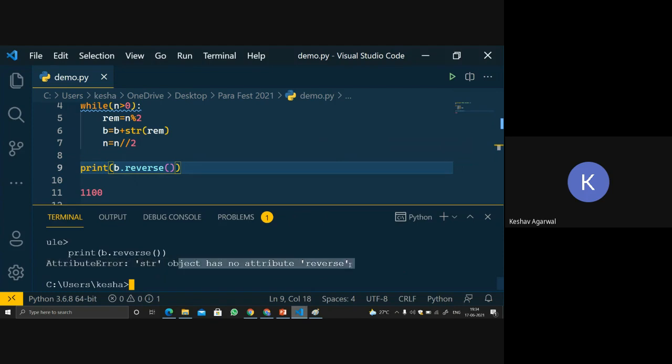Wait a minute. You can do one thing. B is equal to B plus str of the remainder, converted. You can convert it. Normally, you can check the condition: if the value of this is 4 digits or not, you can convert the whole thing in that, and the rest of the